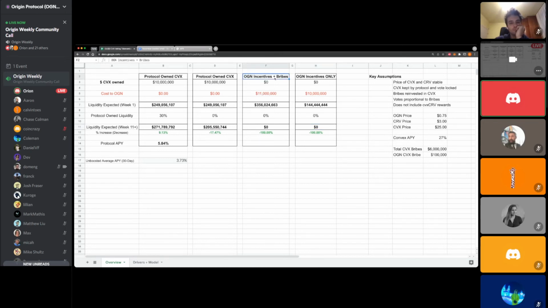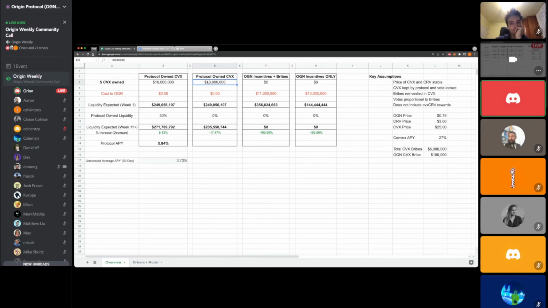Now with the advent of Convex and Curve and bribing, you can use both the OGN incentives, plus you can also bribe CVX holders over 10 weeks, spend an extra $1 million, and get even more liquidity. But again, it's not going to be self-sustaining. Assuming that CVX voters vote with the dollars they're earning, they're eventually going to no longer incentivize your pool, and that liquidity is going to dry up.